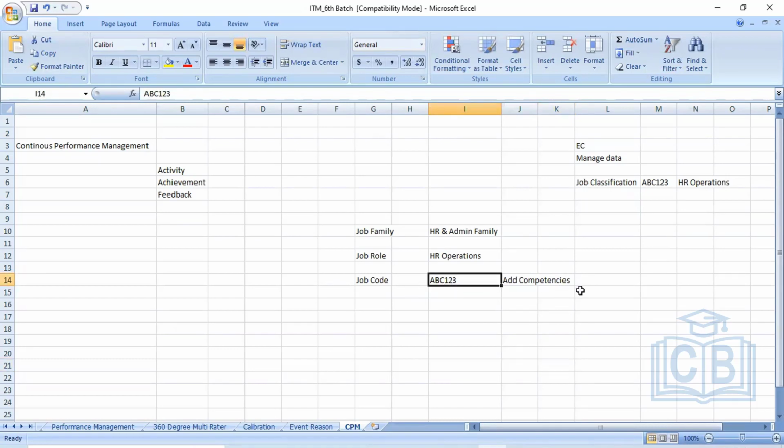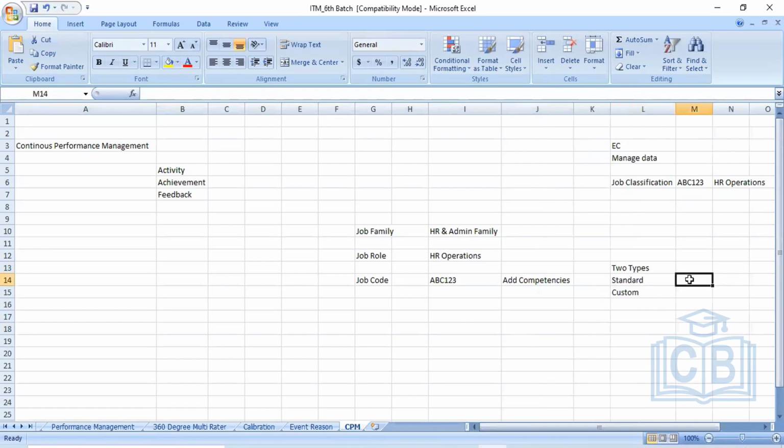Adding competency means there will be two types. One is standard and one is custom. Competencies we can add in two types.